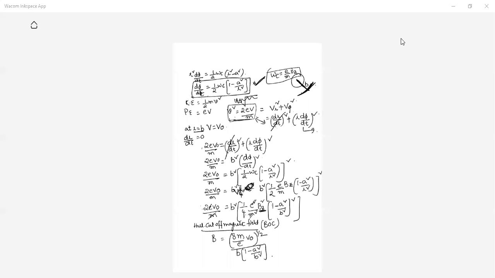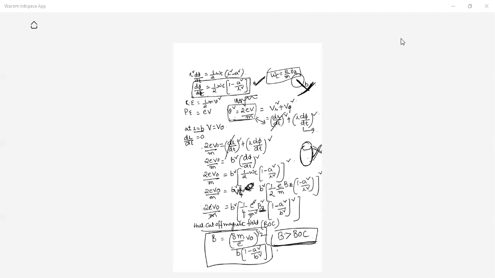So when the applied magnetic field is greater than the Hull cutoff, what happens? The electrons which started from the cathode again come back to the cathode, so the current becomes zero. So you have to avoid this condition. So we should apply the magnetic field less than this BOC, then only we can expect the output in the cavity. Okay, so what is the condition? When B is greater than BOC, the electron will never go to the anode, it will again come to the cathode and the current becomes zero.